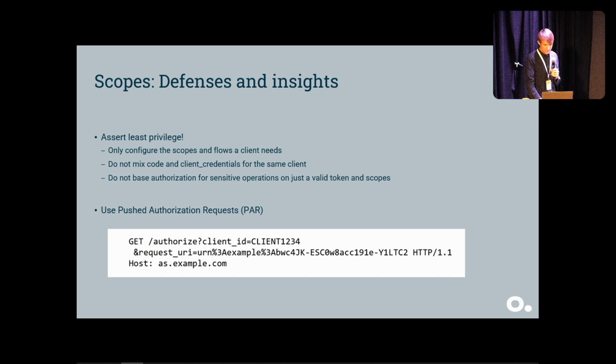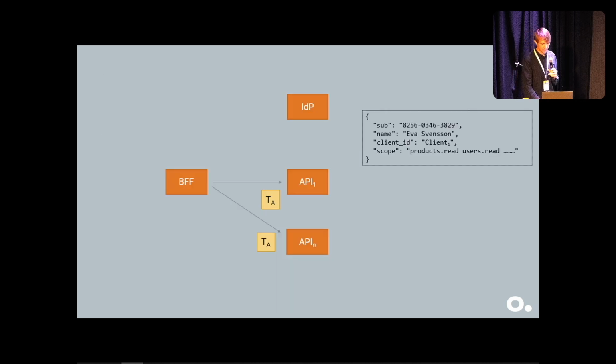So this was one part of the scope issue. Another part here is that you might end up with really, really powerful access tokens. And if the access token is very powerful, then it's harder for the API to make the right decision. So if we look at what we have here from a little bit of different perspective, the backend for frontend